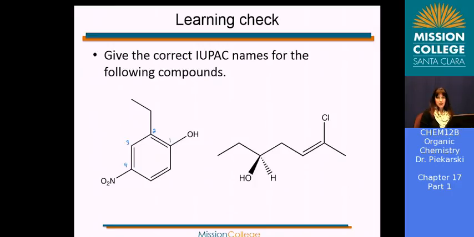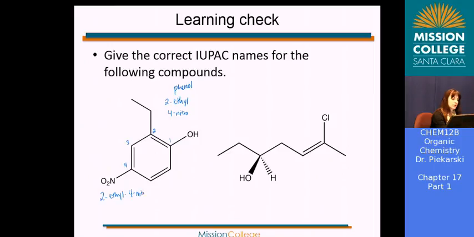What's the parent name for this particular compound? It has to be phenol. Good. And the other substituents we have are 2, ethyl, and 4, nitro. Excellent. So I got all the pieces together. Now I just have to glue them together in what order? In alphabetical order. So therefore you have a 2, ethyl,